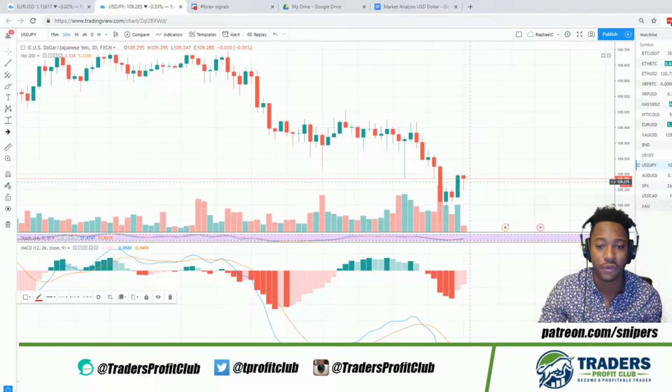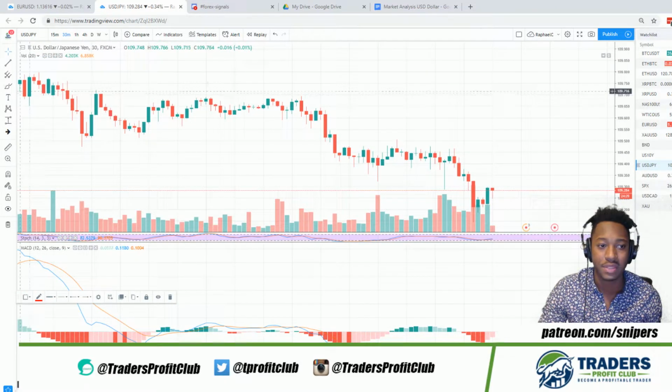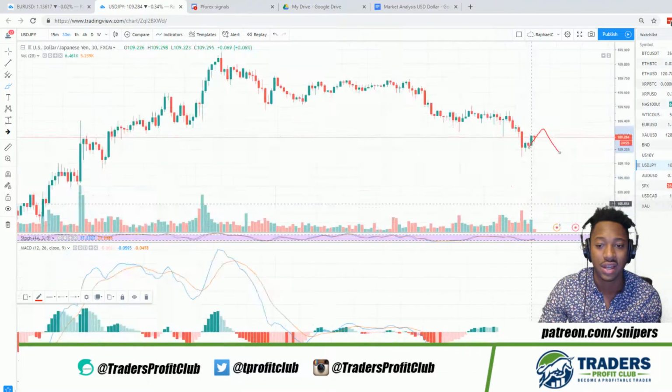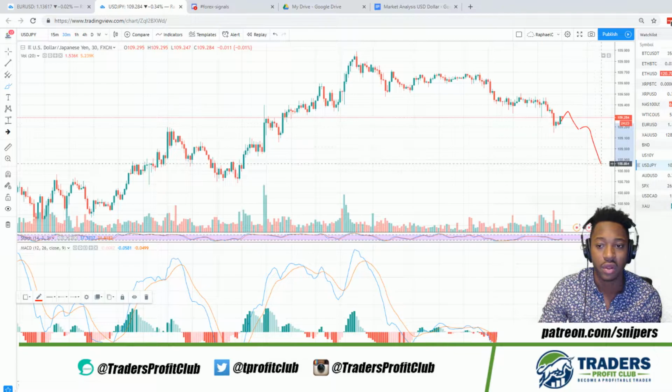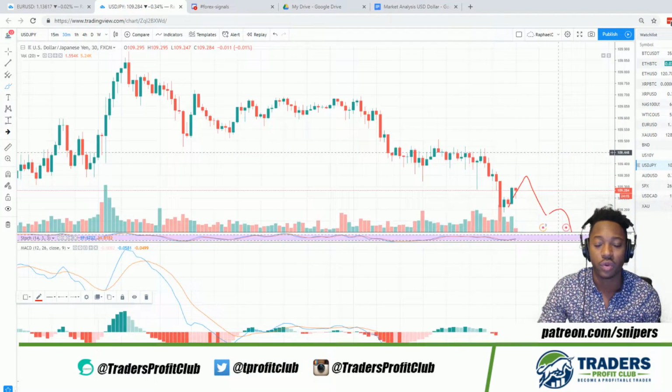We can see price is already having that retrace to the upside, which then we'll probably see another one keep on forming to the downside, and we'll keep on seeing price move lower and lower. Our next take profit is at that 108.500 round, so we're looking to take profit right here. So this is our next area of where we're looking for price in a duration of time.